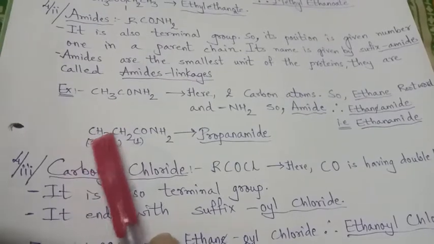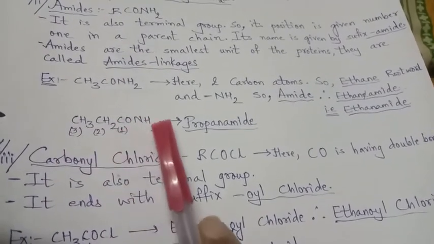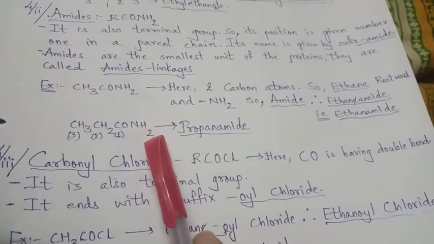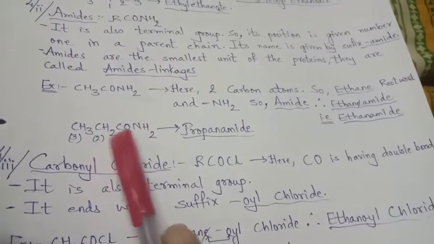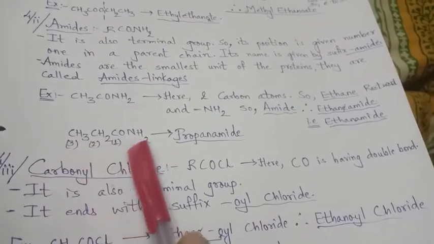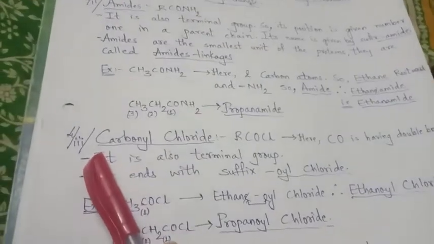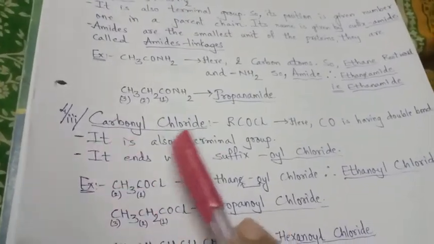Same thing here, 1, 2, 3 carbons, right? And we consider the first carbon where the amide group is attached, CONH2. So 1, 2, 3, it is 3, that is prop, single bond in, and amide group, so propanamide. Clear? The third derivative of the carboxylic acid is carbonyl chloride,